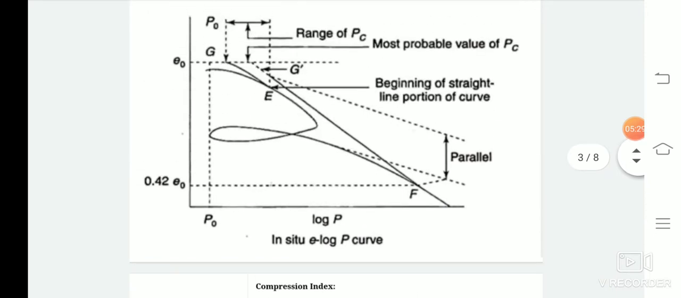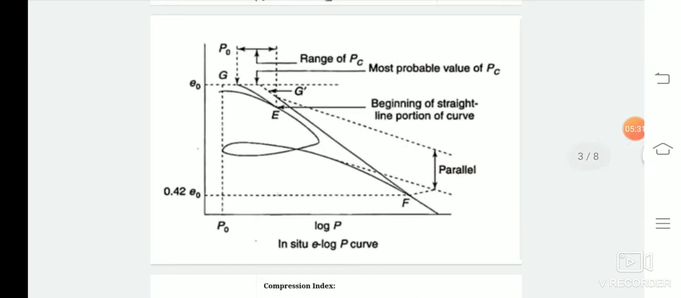What is compression index? Let us recap the previous class, where we studied the load versus void ratio, that is the e-log P curve. In the e-log P curve we studied that as soon as we apply pressure, the void ratio keeps on decreasing, and whenever the load is removed from the soil, there is an elastic rebound of the